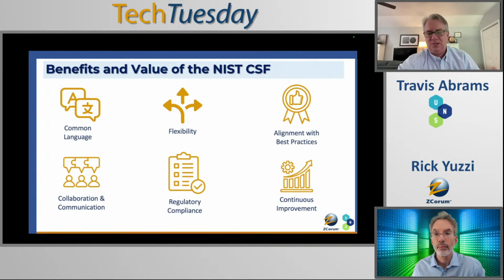For example, asset management. Asset management is going to look completely different for a company that has 10 devices versus a company that has 10,000, right? So they're not saying how you have to implement it. You don't have to go buy a costly software program to manage all your assets if it doesn't make sense for your organization. But you need a process. A spreadsheet would be sufficient for a small organization, right? That tracks every asset, who owns it, what function it provides. So there's a lot of flexibility in the implementation of this that's going to work for every company.